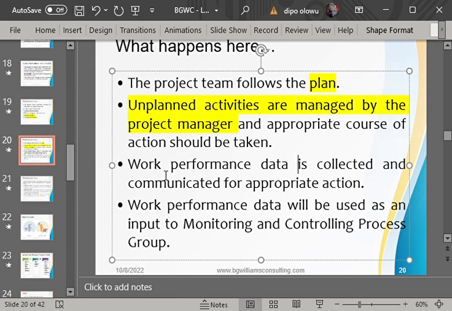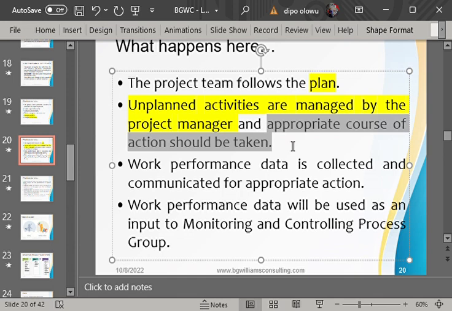Then another thing I also need to mention for the purpose of exam is that when unplanned activity begins to creep in, it is also the responsibility of the project manager to follow through the appropriate course of actions that should be taken. What do you mean, sir? What can be the actions that should be taken?